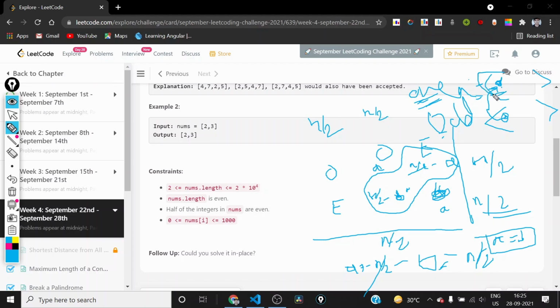So if we are swapping these two wrongly placed numbers, then they will be returning to their original positions. So after doing such a swap, this quantity will reduce by 1 and this quantity will also reduce by 1, because we have swapped these two things, right?